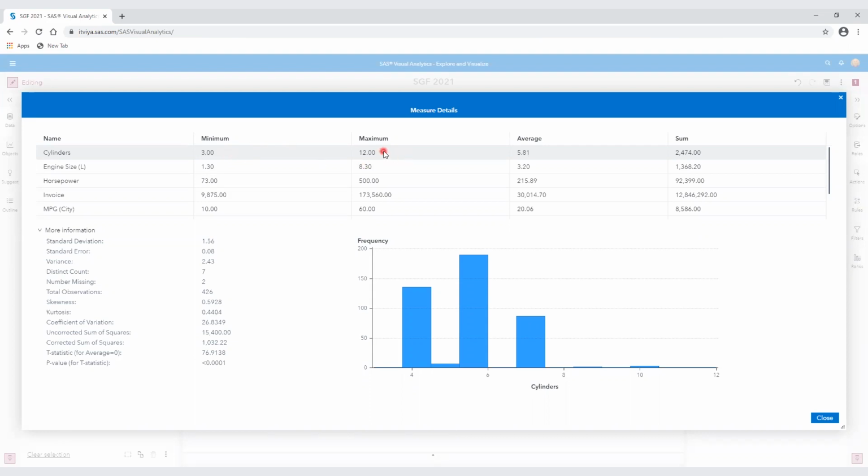Maximum of 12, that's kind of a rarity too, but average. Now, why would we be interested in averaging the number of cylinders in a group of cars? That really doesn't make any sense. Doesn't make any sense to add them up either. Really, we want to treat cylinders like a category.